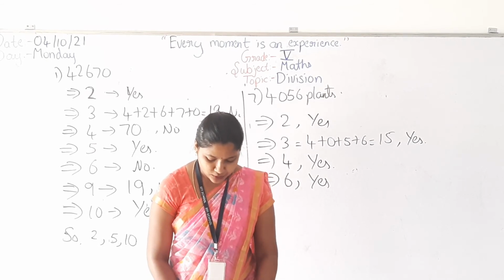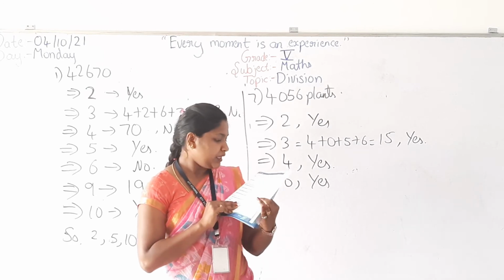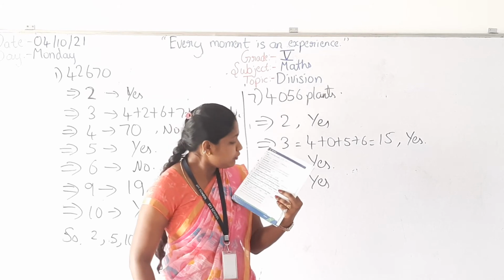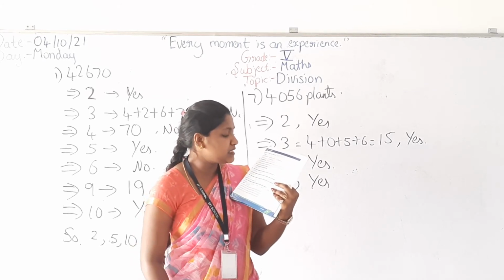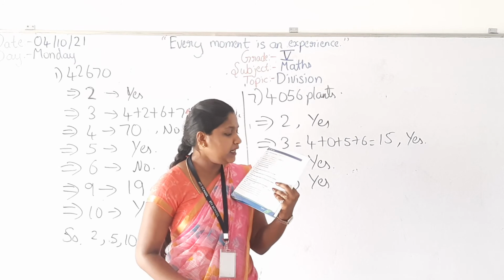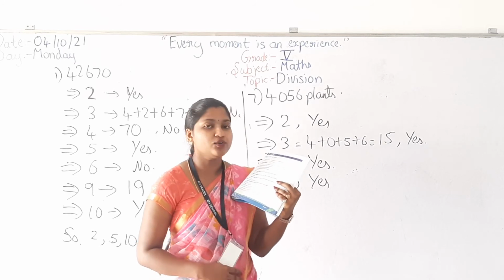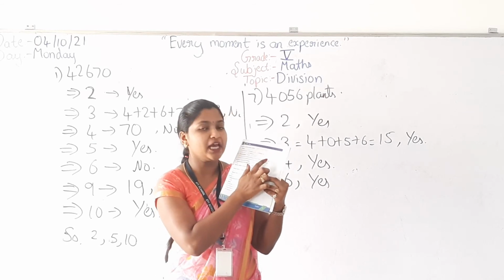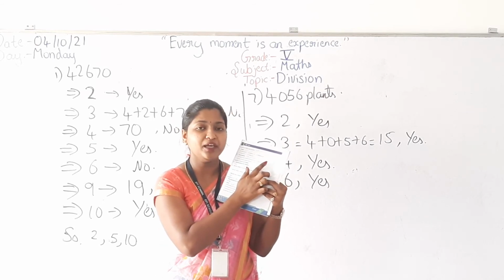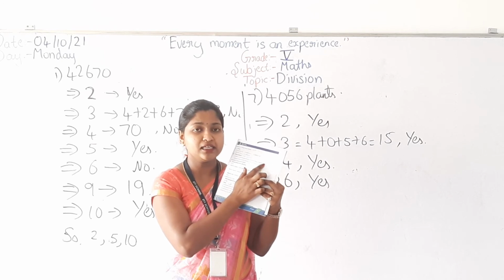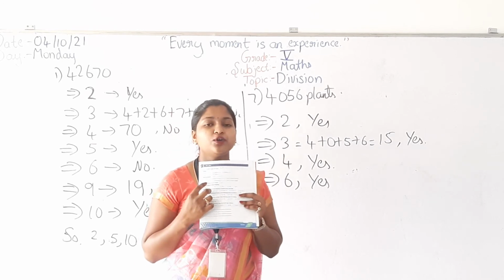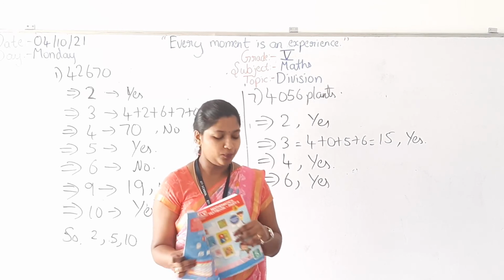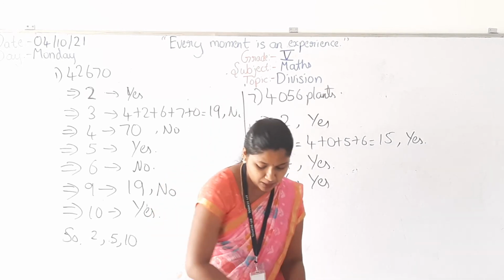Okay, so everyone please open page number 73. In page number 73, question number 2, word problems. Which of the numbers among 2, 3, 4, 5, 6, 9 and 10 divide 8,93,205? You have to find among these 7 numbers which numbers can divide the given number. So question number 2, the word problem, you have to solve in your horizontal notebook.